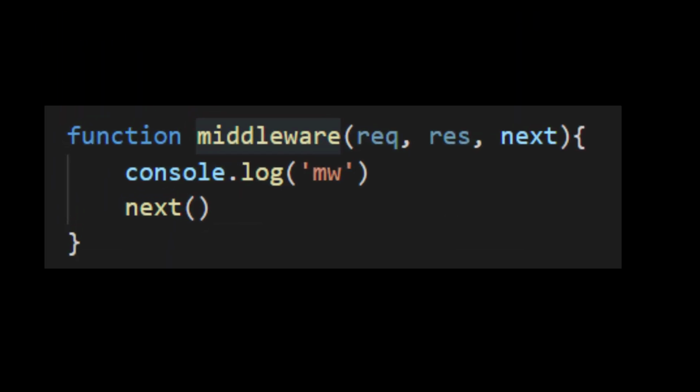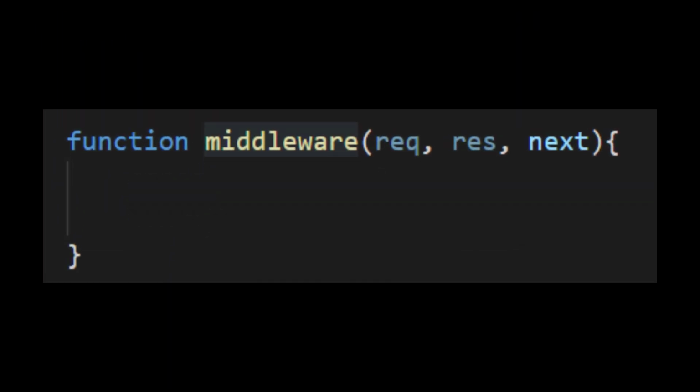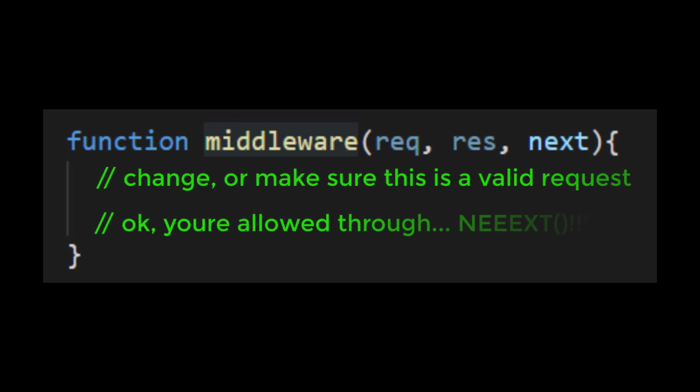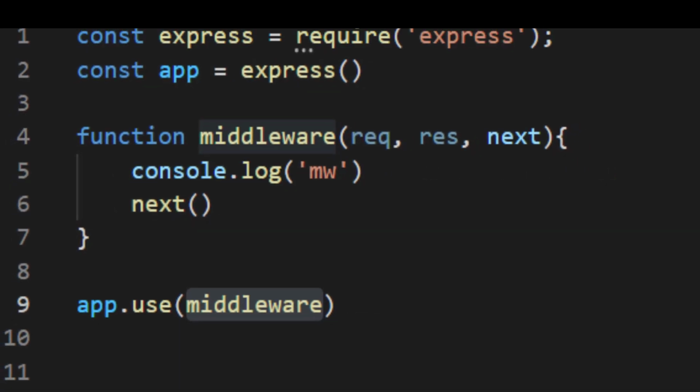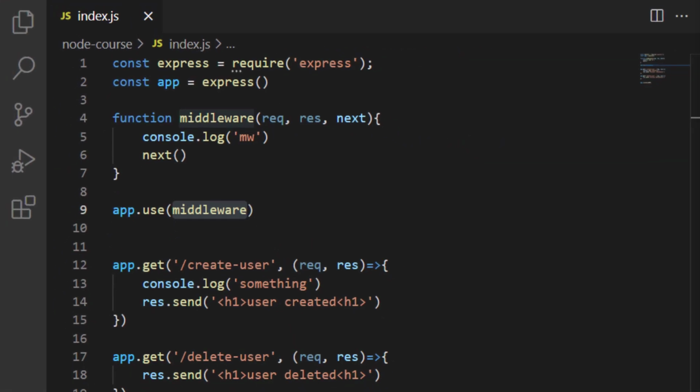So now let's talk about the arguments that got passed through to the middleware function, and we had the request, the response, and the next function. Now the purpose of having these three arguments is actually pretty useful, because this means I could literally manipulate the request and the response before it even gets through to my app.get methods. And I could even send additional information from my middleware to my get method.